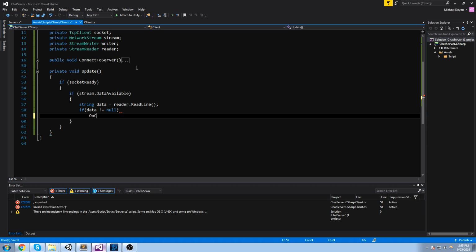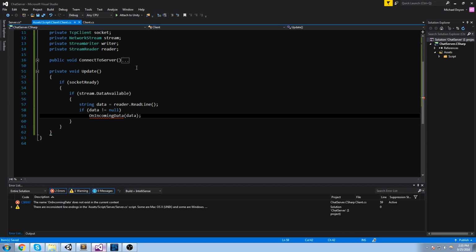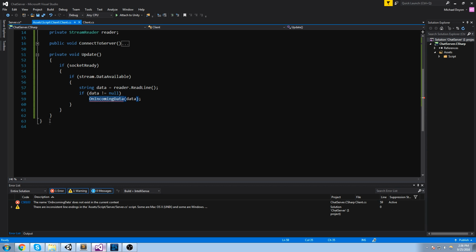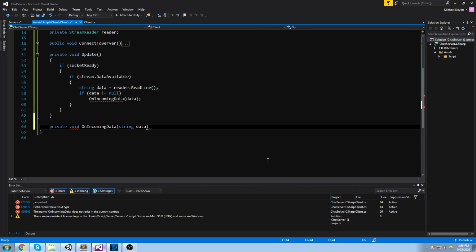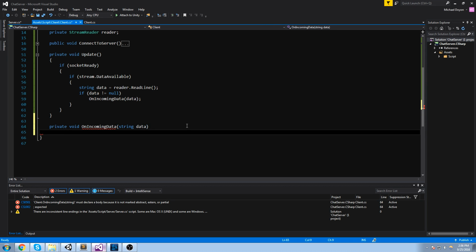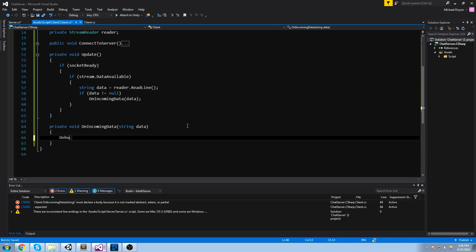OnIncomingData for this guy as well, so like this. And this one doesn't really need to know who is sending this. I mean, it can only receive messages from the server, so we don't need to actually send the TCPClient in here. So OnIncomingData is something we don't have just yet, so let's go ahead and create it. So private void OnIncomingData, string data. And for now, all we're going to say at the moment is something like Debug.Log